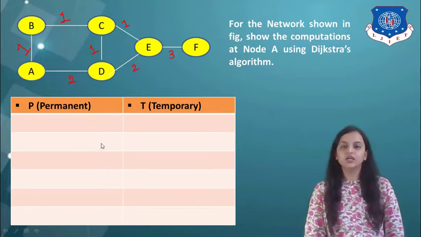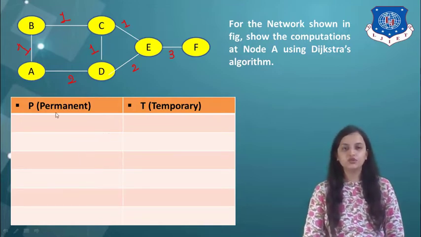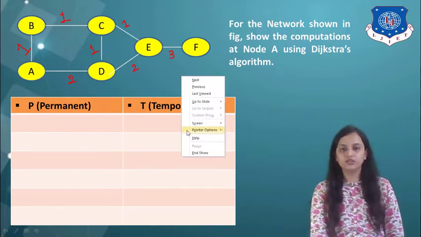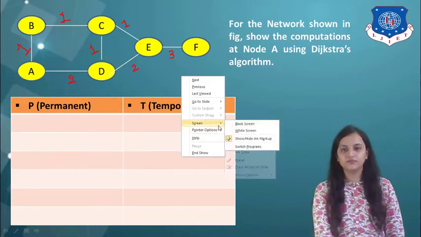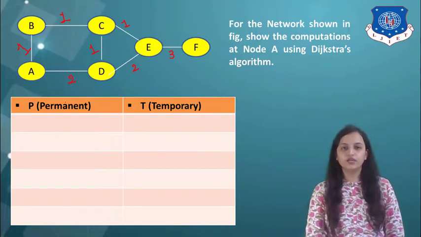So all you need to do is start from the root node, that is over here root node A, and starting from that to the last node, in this case which is F, we have to take all the nodes on the permanent side step by step. So let's start how we can do this. So first of all we are starting from the node A, which is our root node in this case. So first of all over here, the permanent node is our root node, which is in this case A.